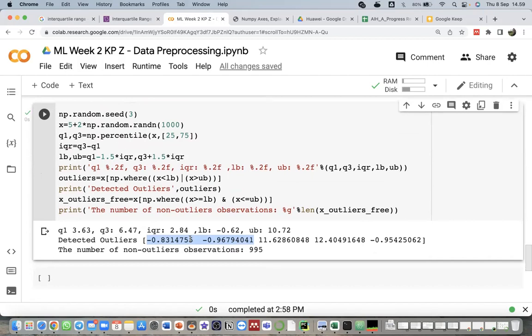There are two methods for detecting outliers, using IQR or standard deviation. If the data set is in Gaussian distribution, we can use IQR or standard deviation. But if our data is not in Gaussian distribution, it's better to use the interquartile range method.